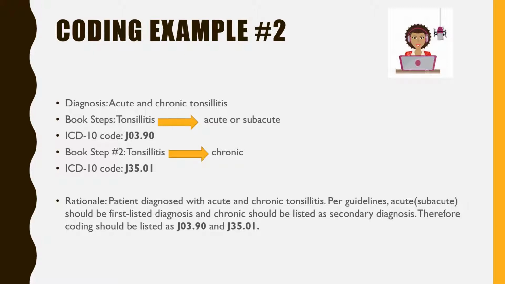J03.90. So in our second book step, again, we're going to locate our main term, which is tonsillitis, and look for our indentation of chronic. And hopefully by following these book steps, that should land us again on ICD-10 code